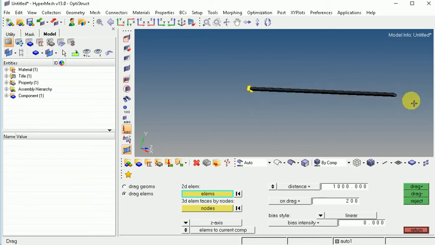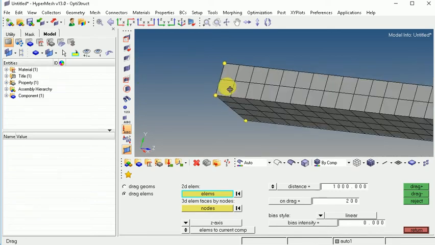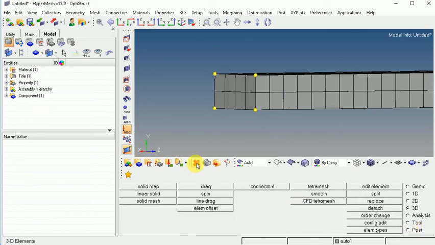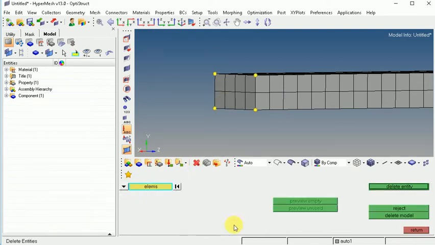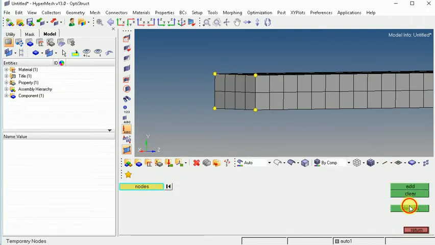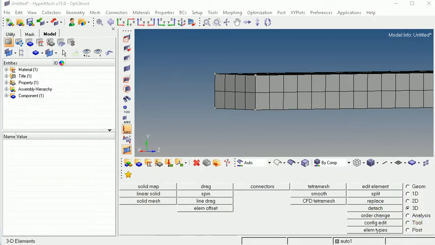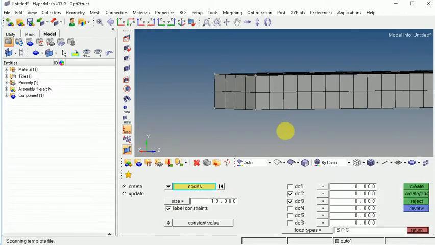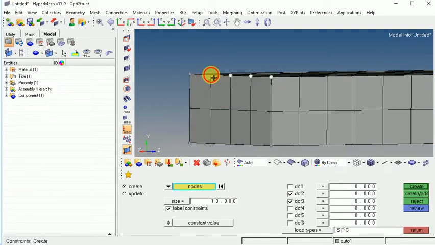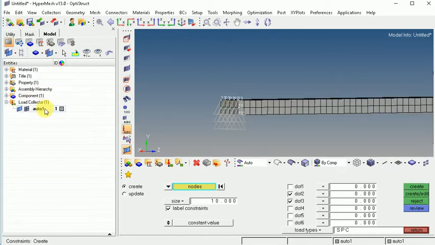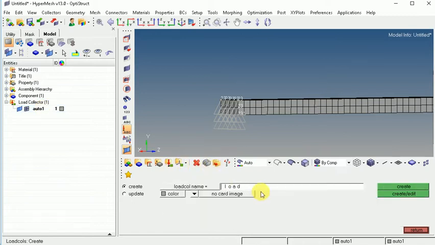We have created the 3D elements. After dragging, delete the 2D elements, and clear the nodes. After that, go to the analysis page and create the constraint. It is created in the load collector named as auto, and create another load collector named as method struct,